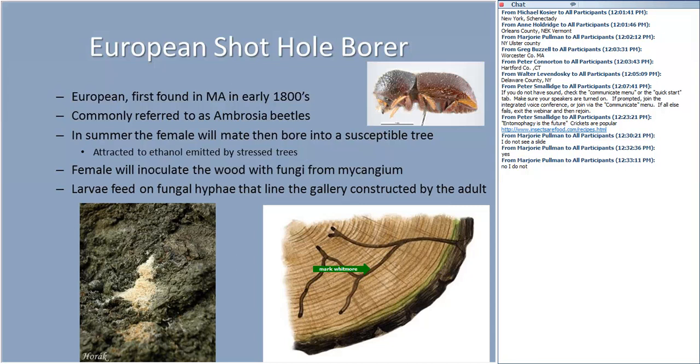So this is another reason you don't log sugar maple in the springtime or early summer, because you can get the shot hole borers in the tree, and they will degrade the quality of the wood rapidly. And indeed the dark stain from the tunnels will actually grow through the wood to a certain extent as well. That's right. She's attracted to the ethanol emitted by stressed trees, so again, the stressors are in play, and it's just another one of those bugs that can sense when you've got a stressed tree.